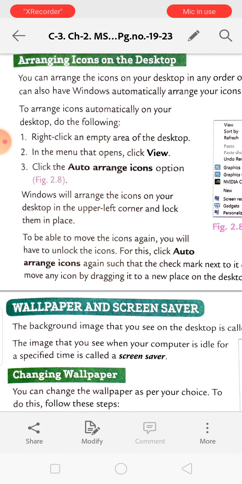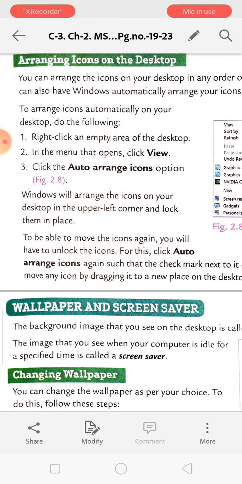Windows will arrange the icons on your desktop in the upper left corner and lock them in place. To be able to move the icons again, you will have to unlock the icons.